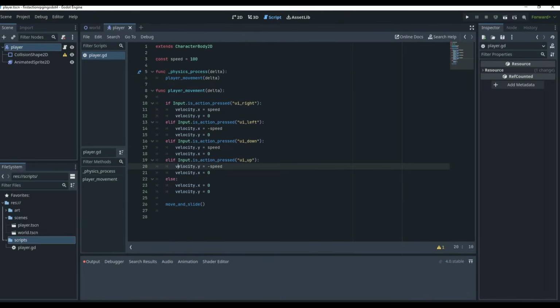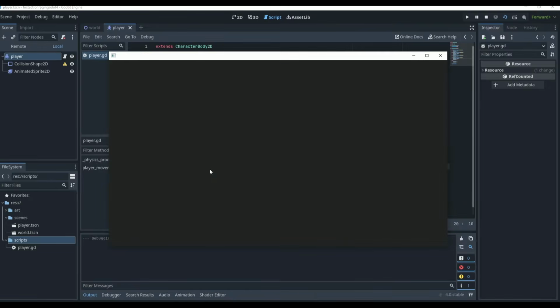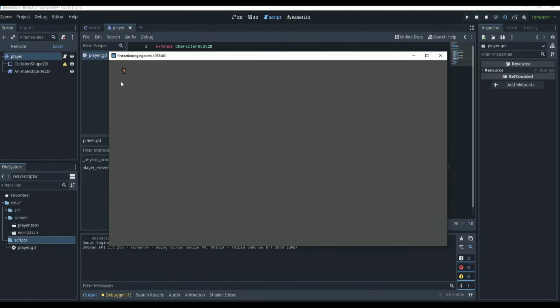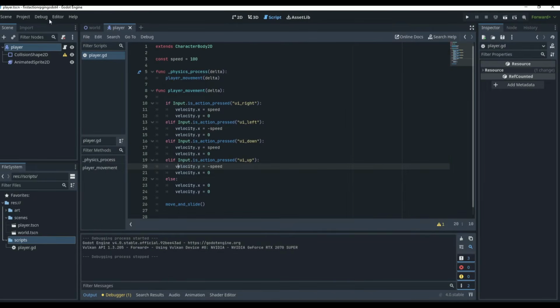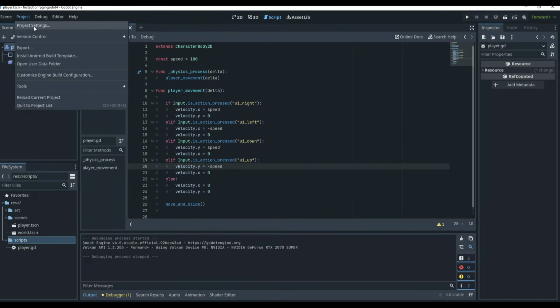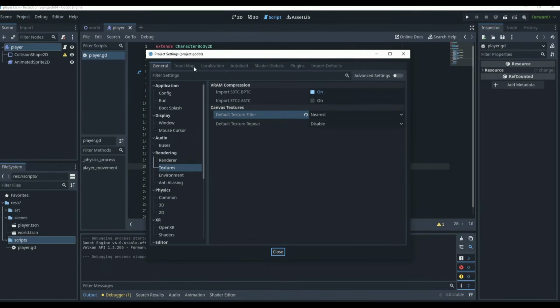So now that we have this, we can play the player scene, and we can see that we do have movement. We can move down, left, up, right, and we can't move in 2 directions at the exact same time, which is good, but you can see it is very, very small. So to fix this, temporary fix, we're gonna change this later in a different episode when we add